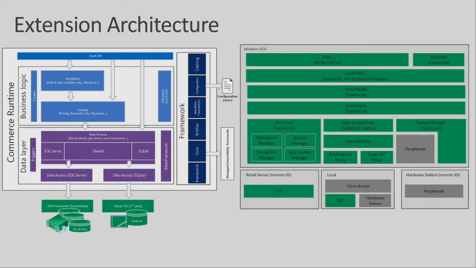From the extension point, you can override at any of these levels. I can override the workflow, or I can override the services, or I can override the data service. You will not be able to customize any of our framework, but I think it's not required. You can customize only the workflow and service. The other thing is that all the workflow as well as the data layer support triggers. Before doing something, you can do a pre-trigger, or after it is done, you can do a post-trigger. For example, after saving a customer, I want to send my information to a CRM system, or I want to save my additional properties. All those you can do in the triggers.